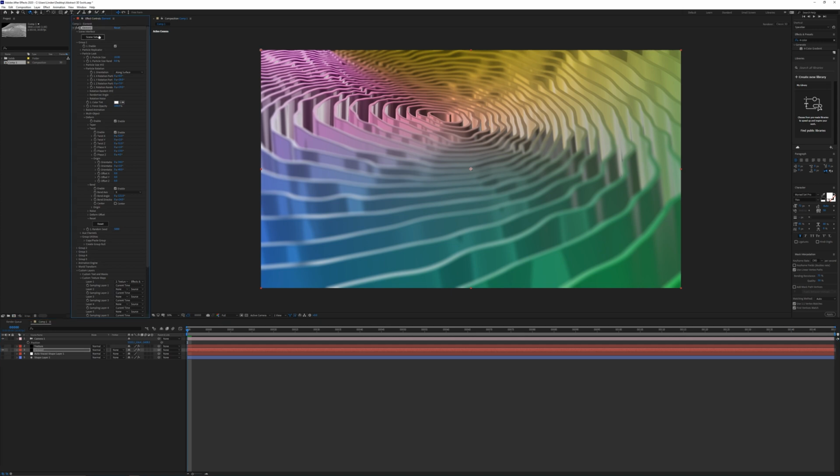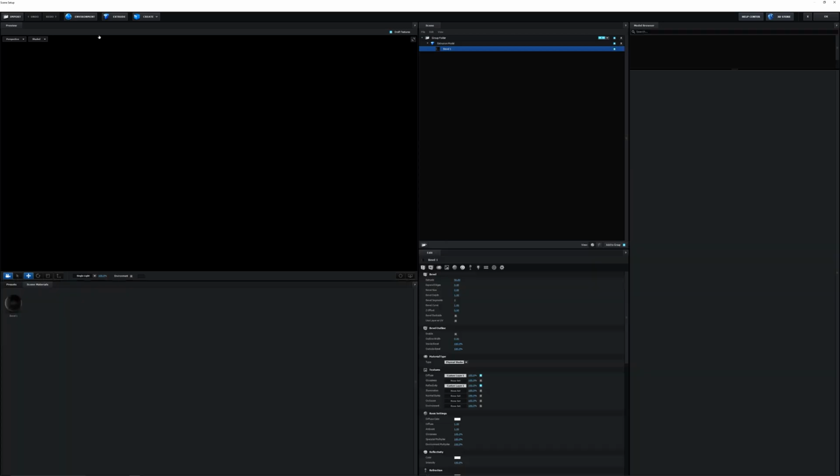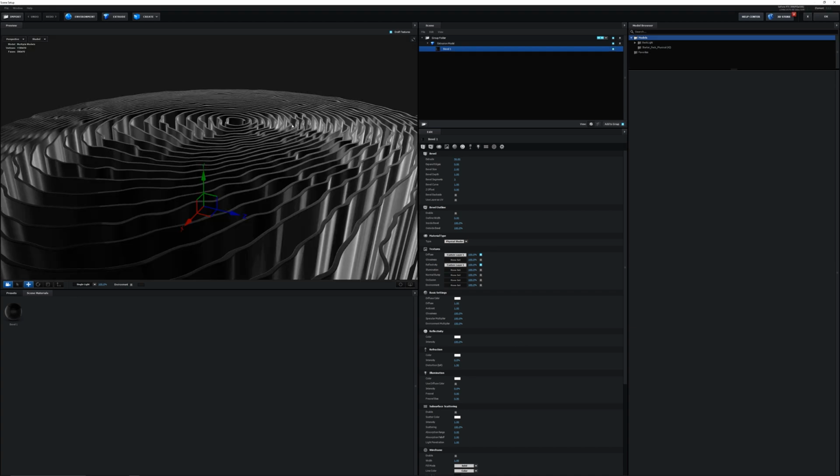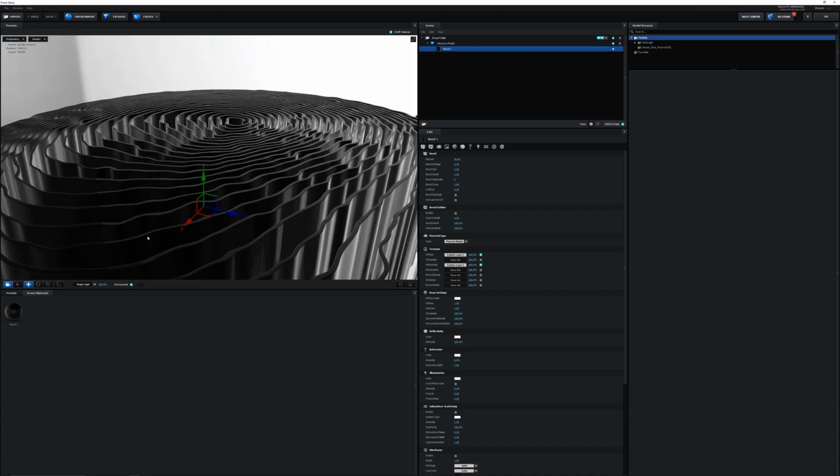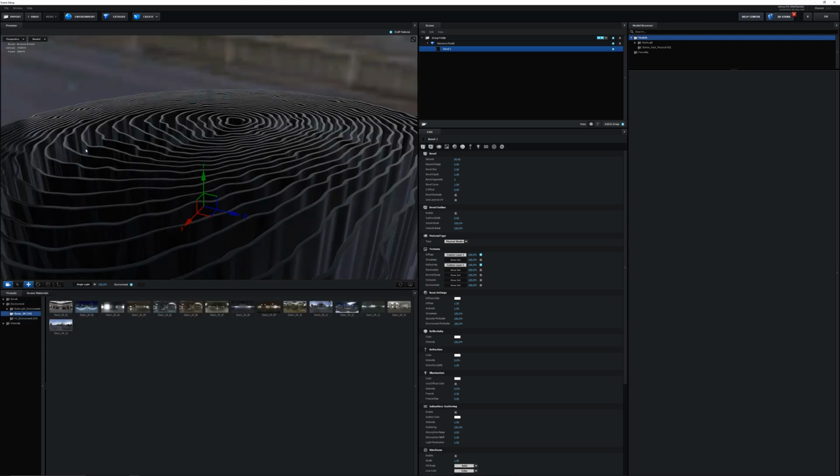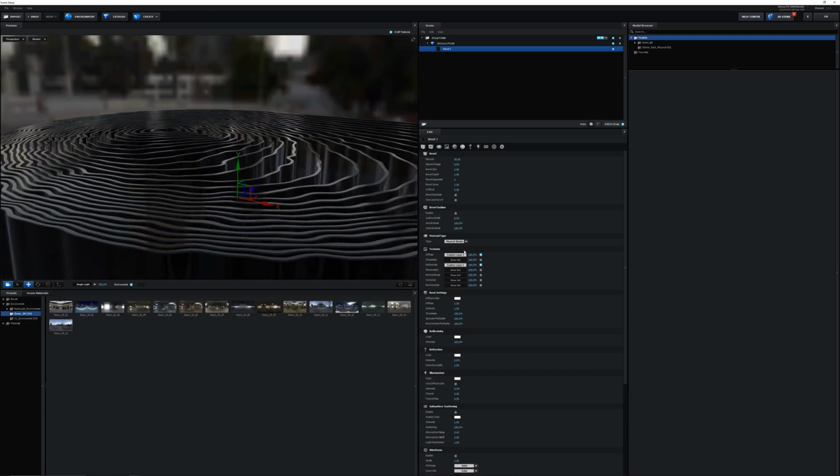All right, so before we move on, we're going to go back into the scene setup here and then add an environment. So the default box isn't really giving us the right reflections. It's just too bright. So I'll just choose one of these basic ones here that comes with Element 3D. And then I'm going to drop down the glossiness to 50%. This looks closer to what I want.